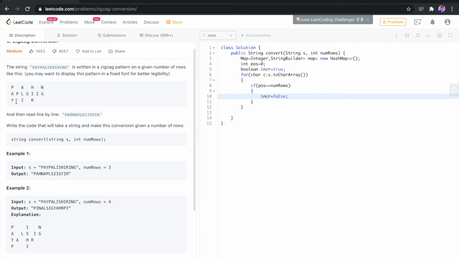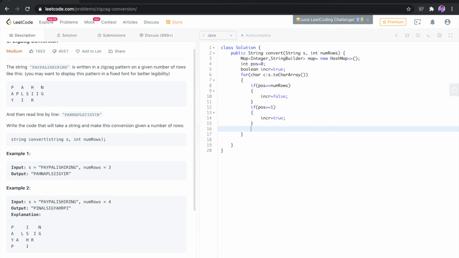Since we do not want the value of pos to increment after the final row, we set the increment variable as false. Second, we need to check if our position is the first position, then we set the increment variable as true.